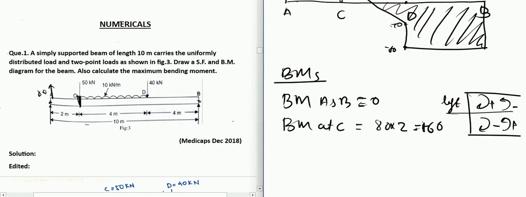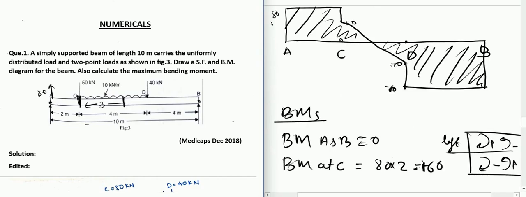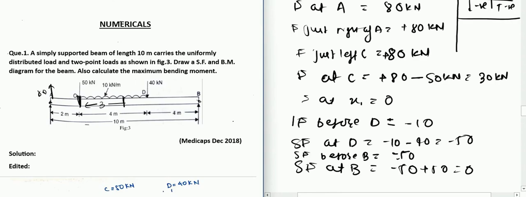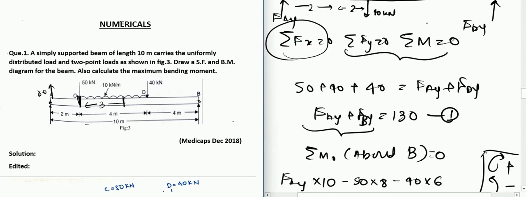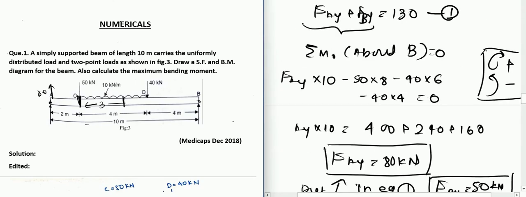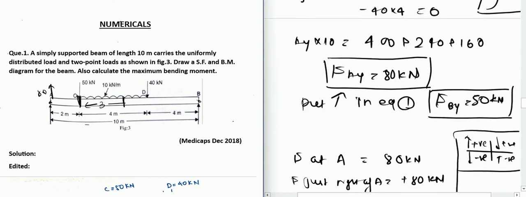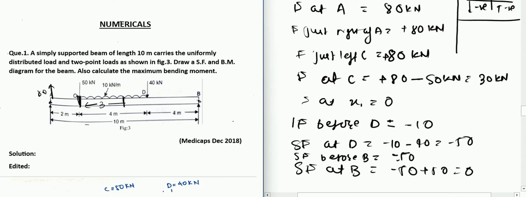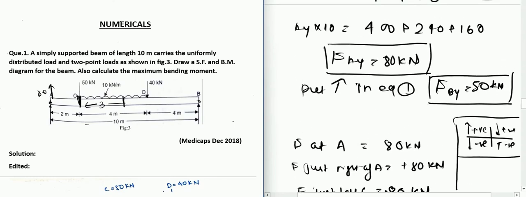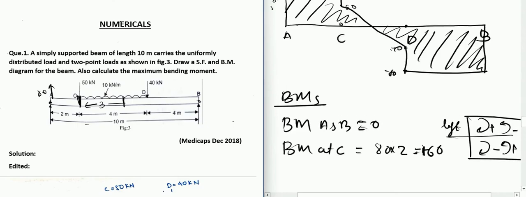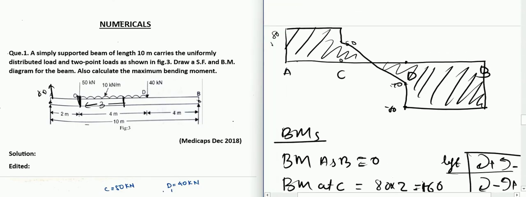So as we have said, at 3 meter from this, the bending moment will be maximum, or the shear force will be 0. As you can see, we have derived it that at x1 is 0, which is at 3 meter from point C. You can just see, yeah, this is as x1 is 0. So the shear force will be 0 at 3 meter from C, because